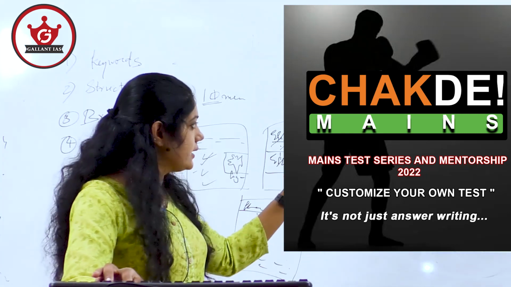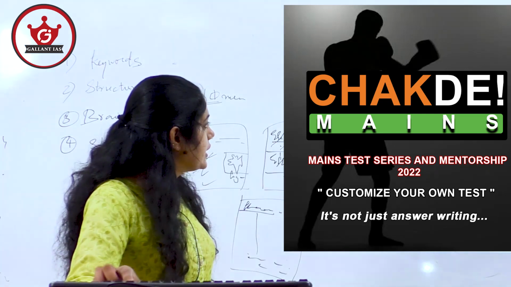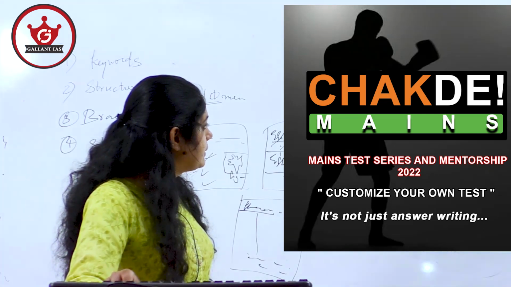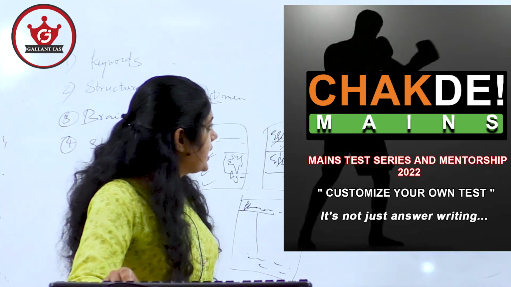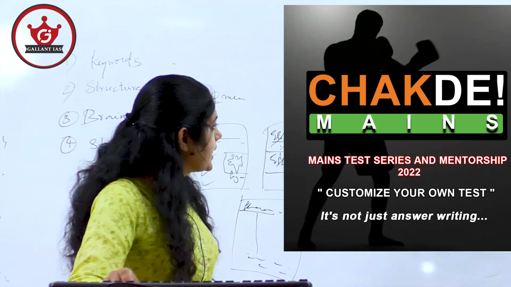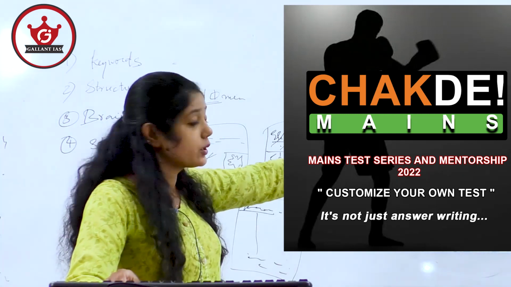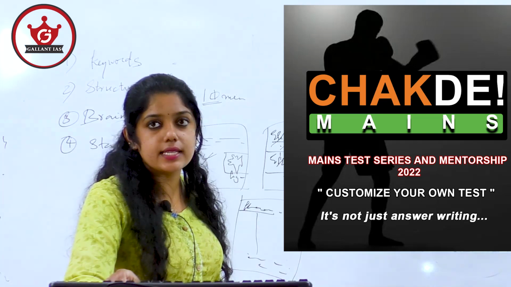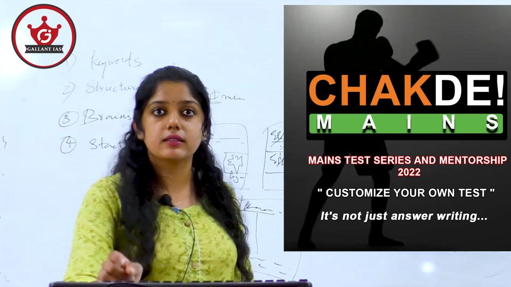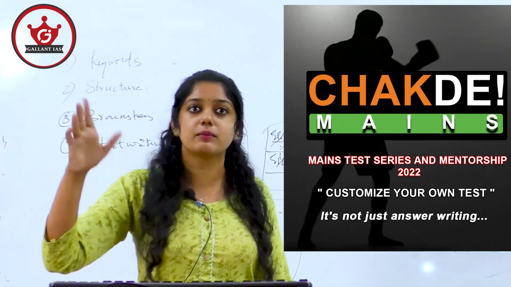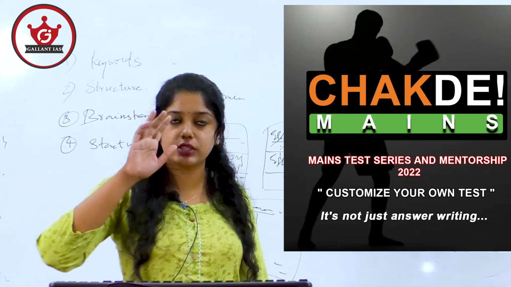So the handwriting is very legible, not an extraordinarily beautiful handwriting, but it is very legible, right? And see the spacing and all. She has managed the spacing very well. And look, the sentences are very short, not lengthier sentences. When I evaluated your answers, I found out that you guys are writing very lengthy points. You don't have to write lengthy points. Even if you are writing in paragraph, make sure that you underline the points.